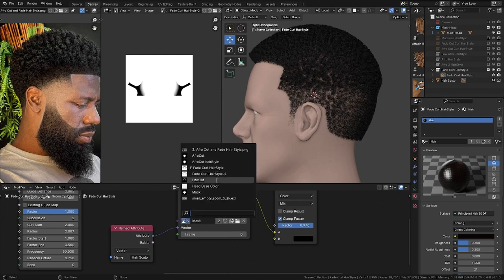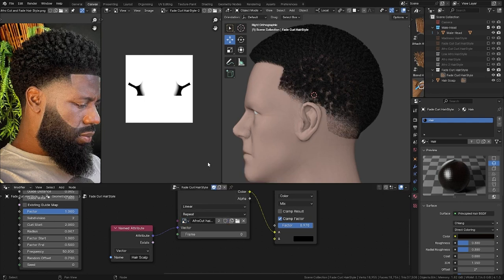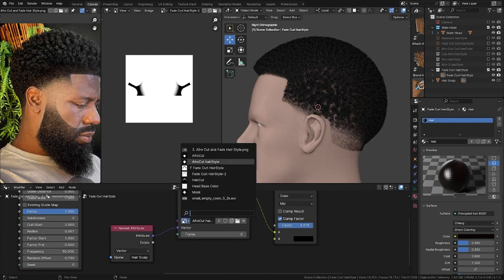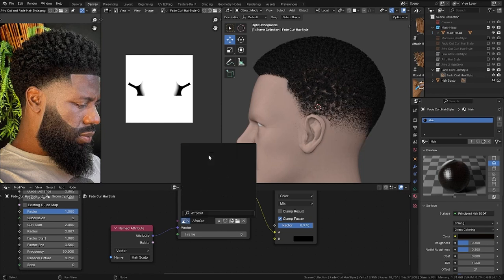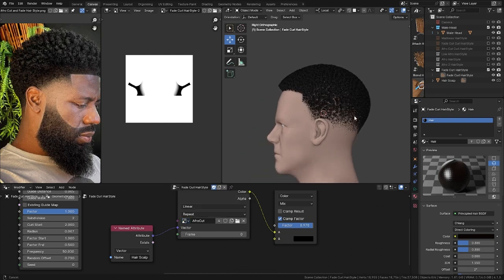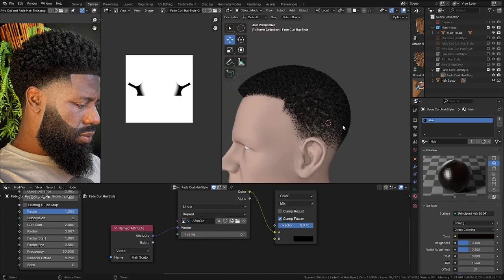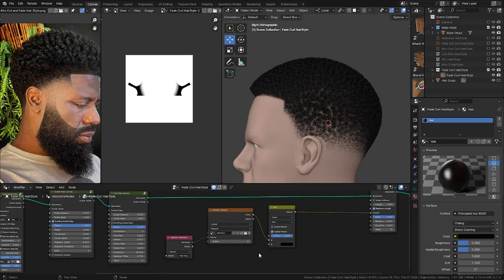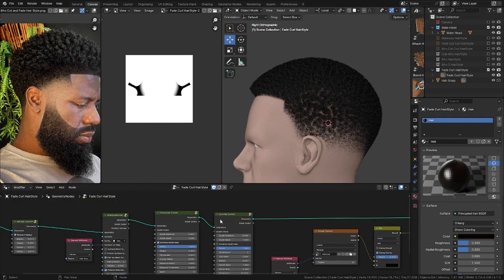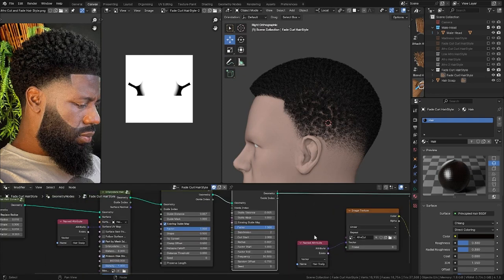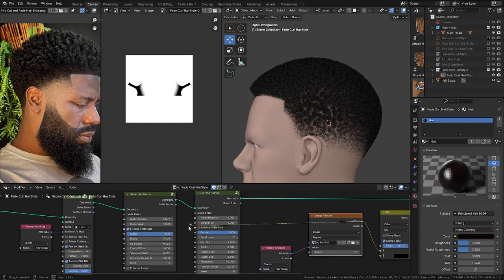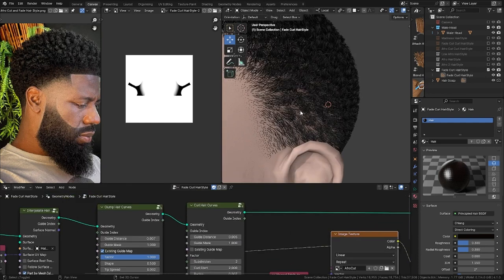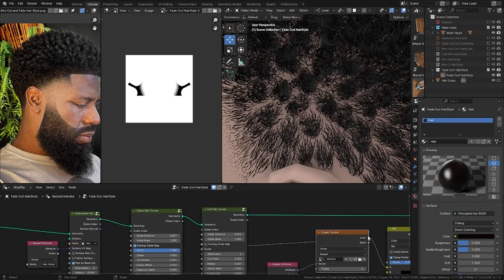This one. So I use the fade curl hairstyle, or I can use Afro cut hairstyle, or I can use Afro cut. We'll stick with Afro cut, and we can even determine the number of curl, because this texture can even control the factor for the curl. So if I drop this here, even if I drop it here again on this factor,